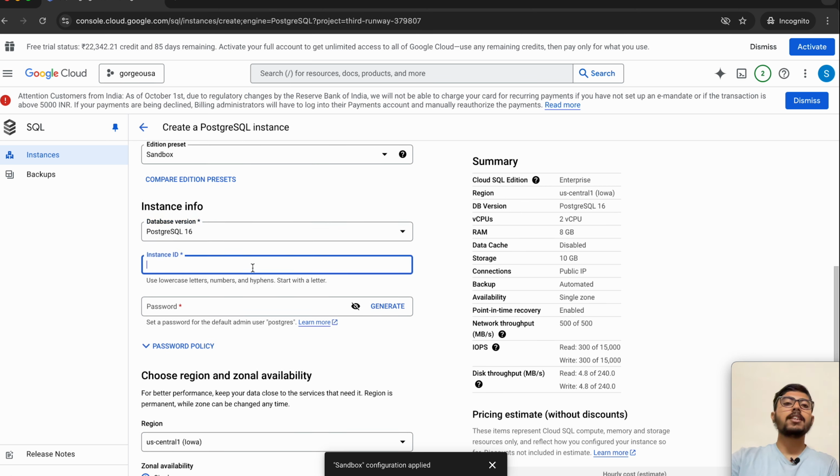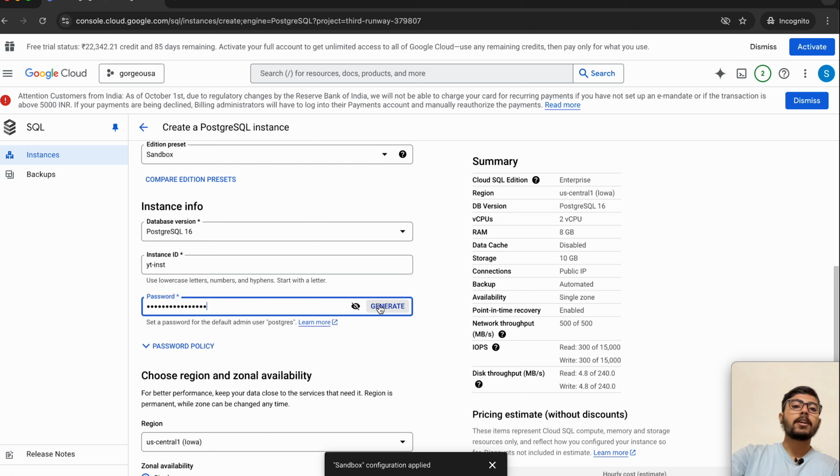Now instance ID is something that you can customize. So I'll just give it a bit short, right? And you can generate the password, or we'll keep it simpler also,